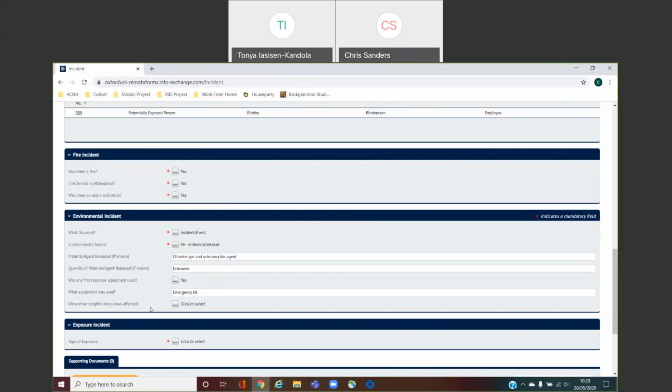Were other neighbouring areas affected? So did the chlorine gas and the biological agent drift to another department or to another building? If I were to answer yes, I would obviously be asked to specify what those buildings or departments were. But for the time being, I'm going to say no. And